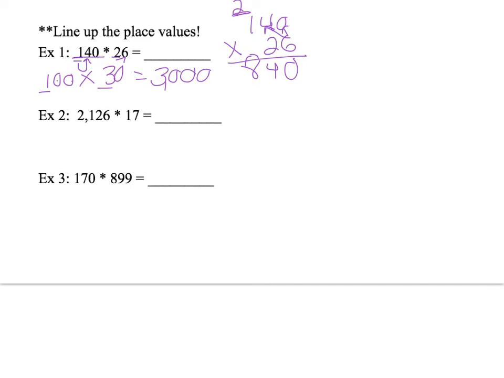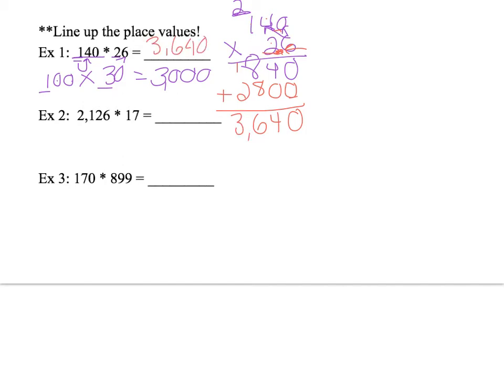Before we multiply the 2 out, we need to put a placeholder here because we are starting in the tens place. For every place value that we skip over, we need to put a 0 placeholder. Then we will have 2 times 0, which is 0, 2 times 4, which is 8, and 2 times 1, which is 2. Add those two products together. 0 plus 0 is 0, 4 plus 0 is 4, 8 plus 8 is 16, carry your 1, 1 plus 2 is 3, and our solution is